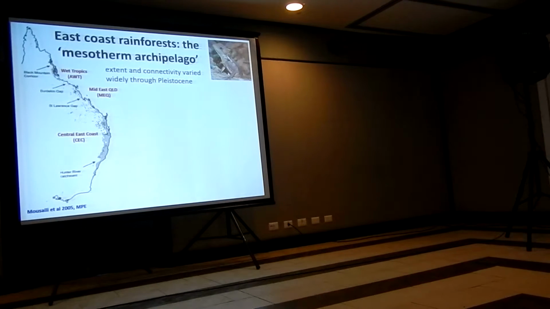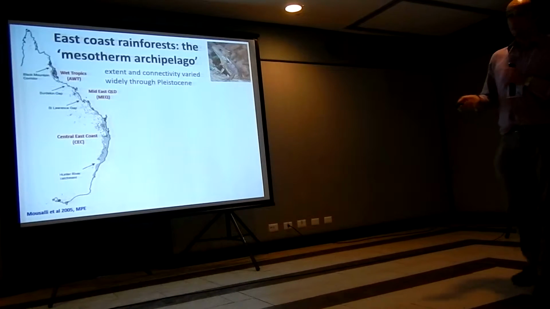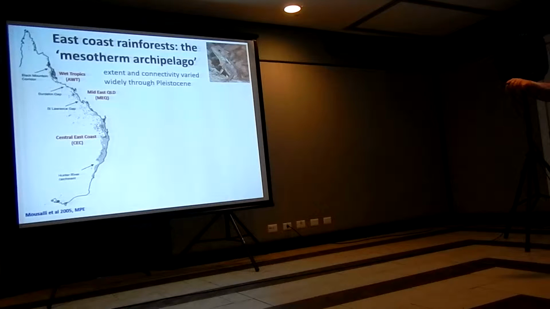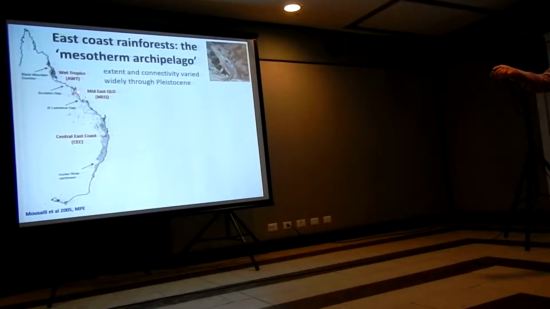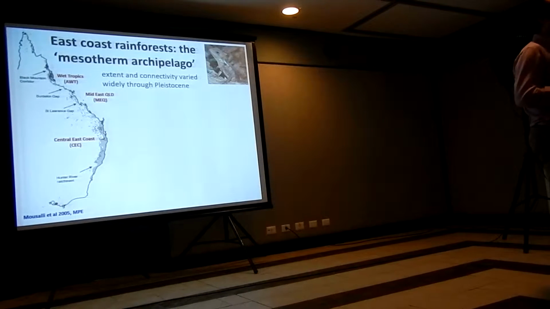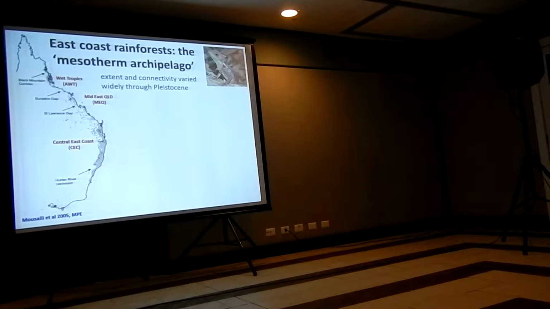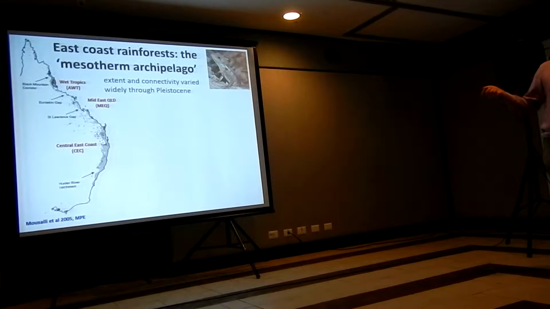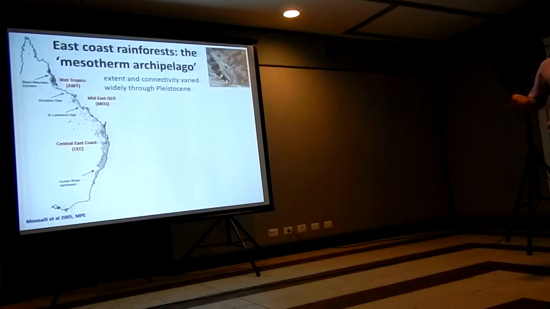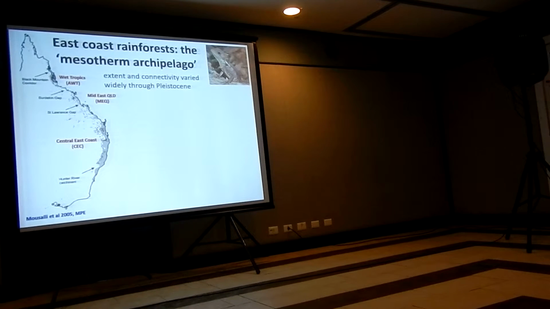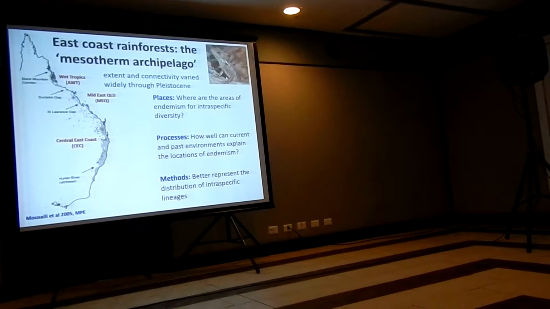So the system that I'm talking about today is a different rainforest system, the rainforests of Eastern Australia, which span over 2,500 kilometres down the east coast of Australia, and it's divided into a number of separate regions. And the connectivity between those regions has changed over time with the Pleistocene climate cycles. So we've got these separate areas, occasional periods of exchange between them, but it creates a great case study for this idea of stability and endemism.